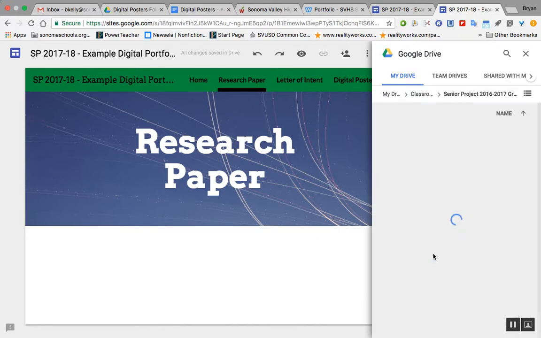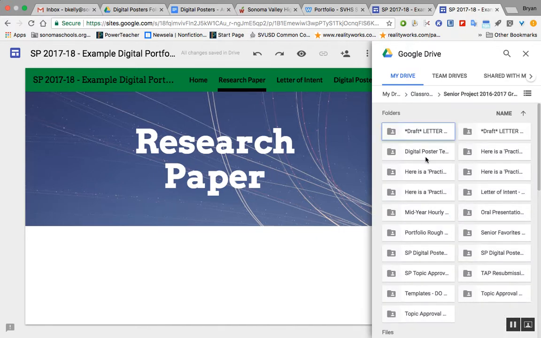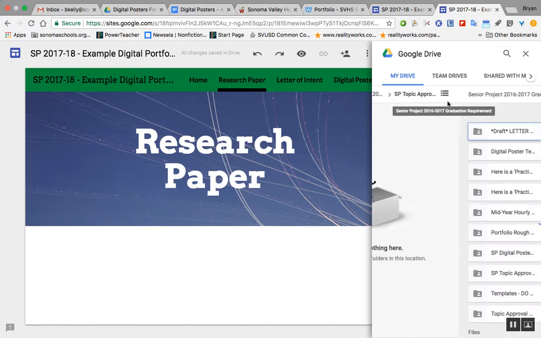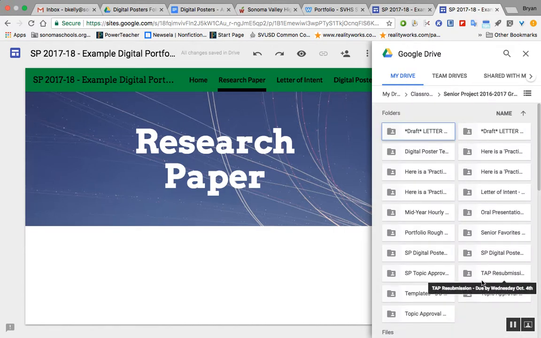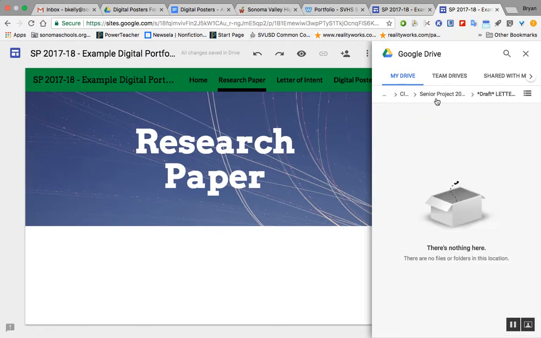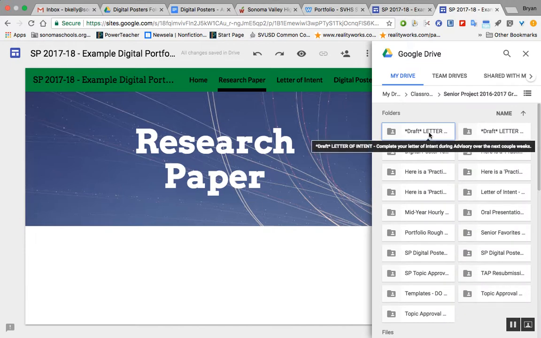So when you click on it, it's going to take you to every single assignment that you've done this year. When you're on this page for the research paper, for example, what you'll do is go to the research paper, and then click on the assignment. There's nothing in my specific document here, but you guys would most likely have that document. When you find that document,